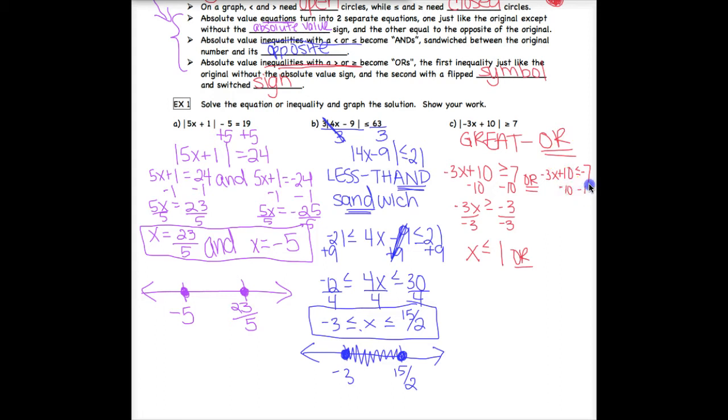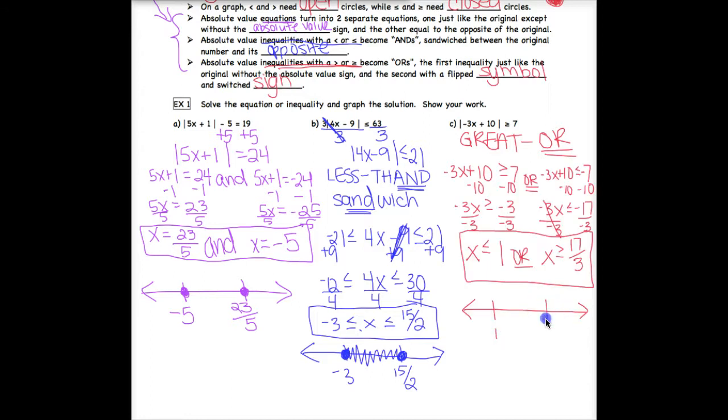So subtract 10 gives me -3x is less than or equal to -17. Again, I'm dividing by a negative. These cancel, so x is alone. Because I divided by a negative, I have to flip. Negative divided by a negative is a positive. It doesn't reduce. We're just going to leave it 17/3. This is our final solution. When we go to graph it,